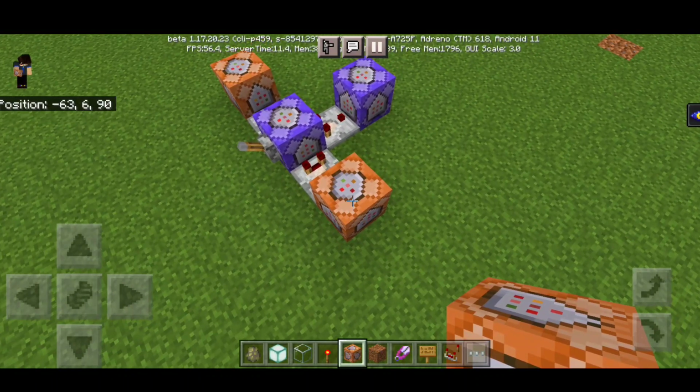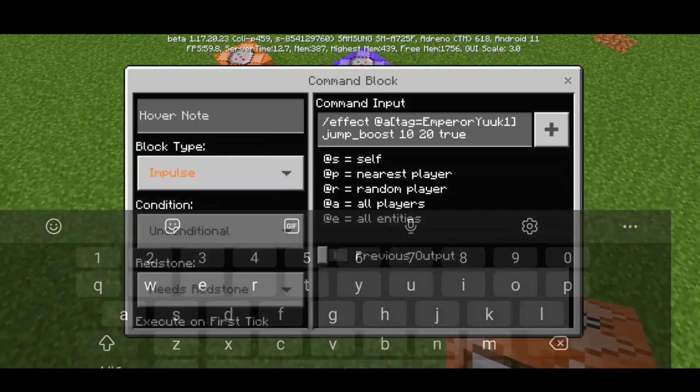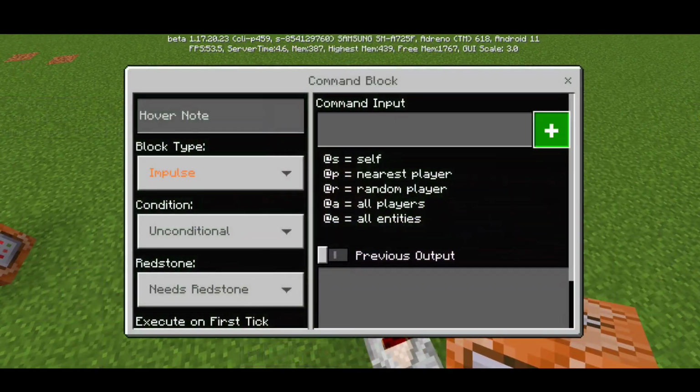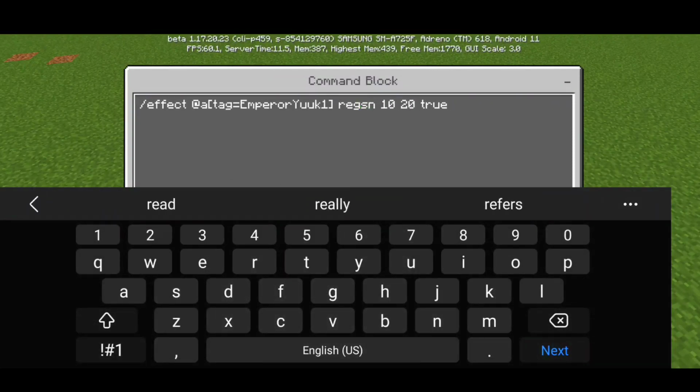So let me fill this one to the right side first. I've copied the clipboard because we already have our commands in here, so it won't take long. We're gonna have to make this video fast because it might take long, because we're doing some experiments in this video. Okay, so we're gonna put jump boost in this one, 10-20 true, which is much OPier than the